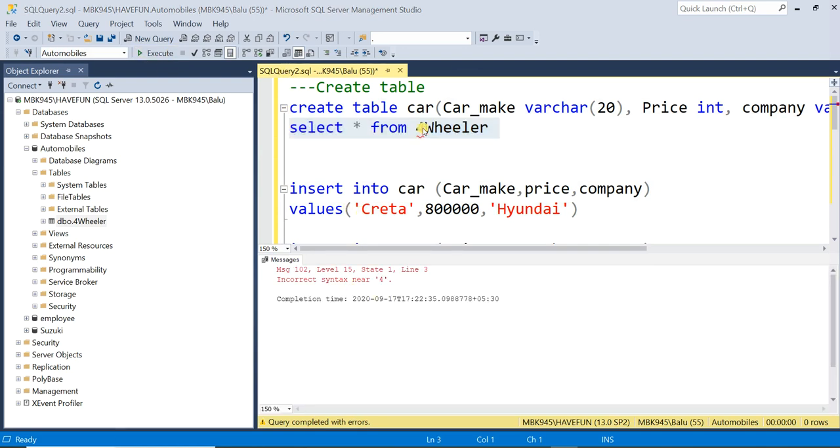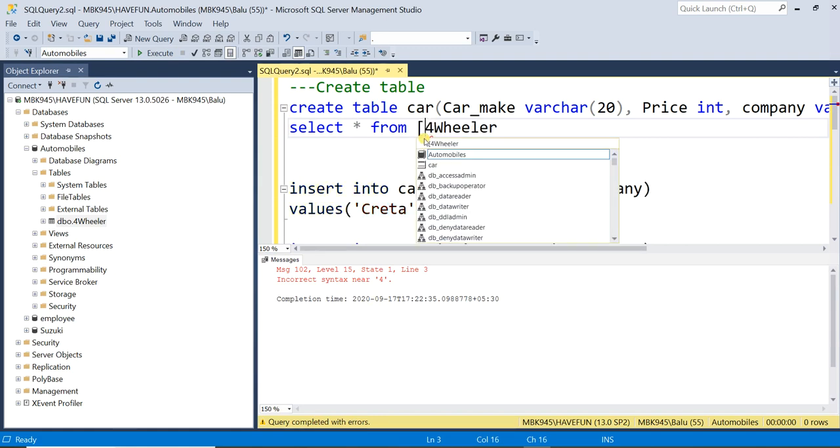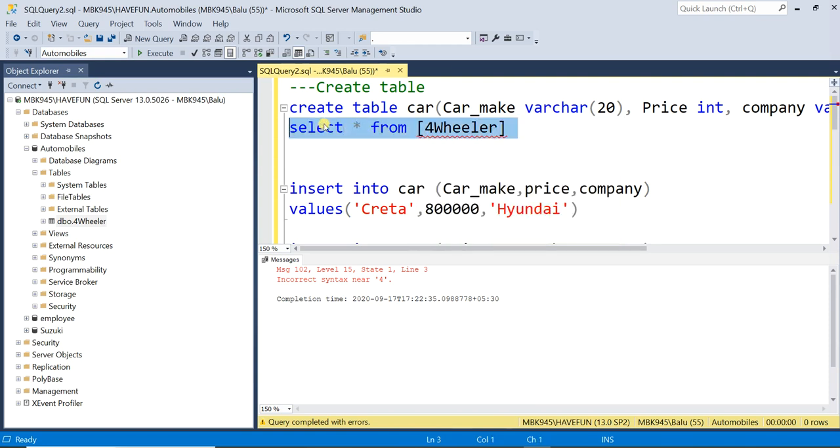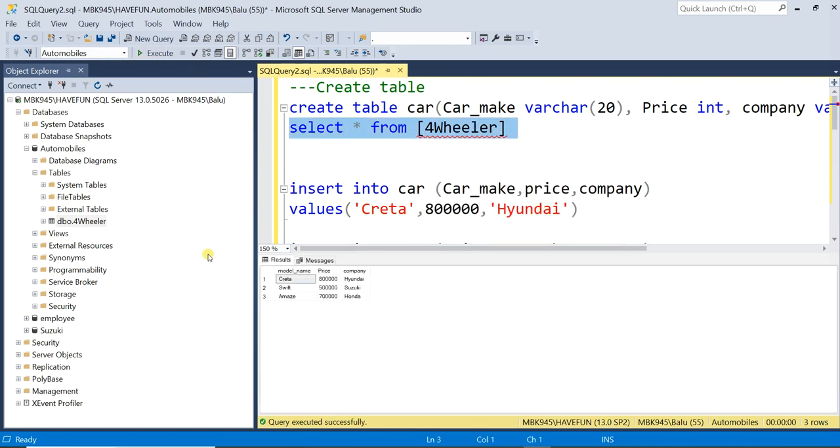Execute. Since I have used a number 4 here, I need to enclose this in square brackets and execute the statement. You will get the data inside the four wheeler table. You can see the data here.